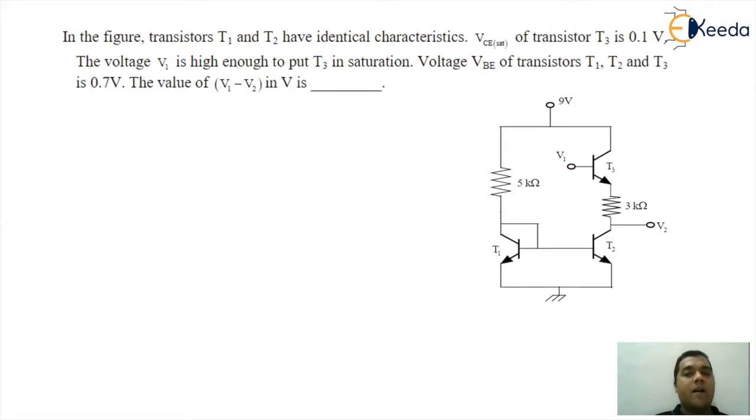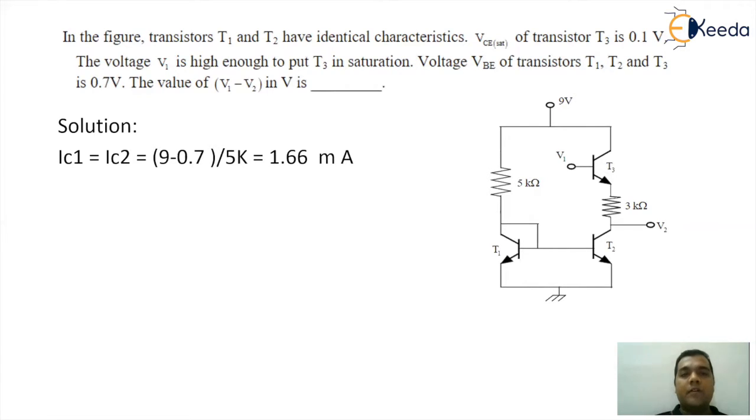The first thing we need to understand is we need to find the current for transistor T1. When we start with the solution, we can say that IC1 is going to be equal to IC2 because of the current mirror behavior, because they are identical for both the transistors T1 and T2. The base point is having the same potential, and the emitters of both are grounded. So both the collector currents IC1 and IC2 will be the same.